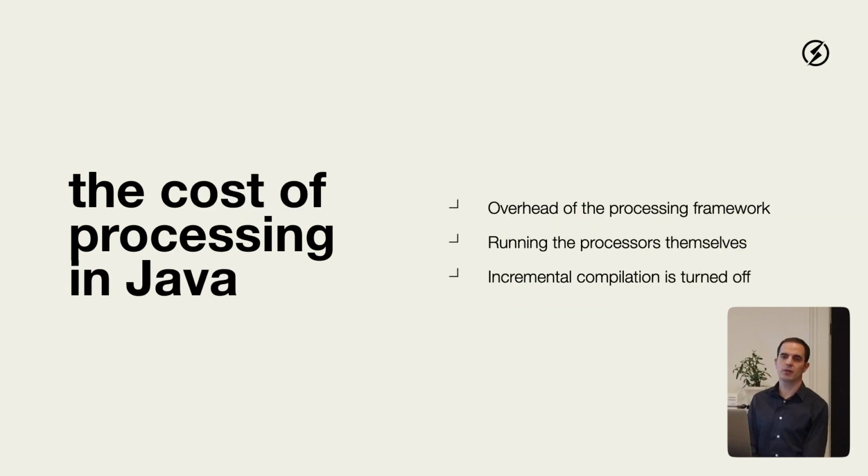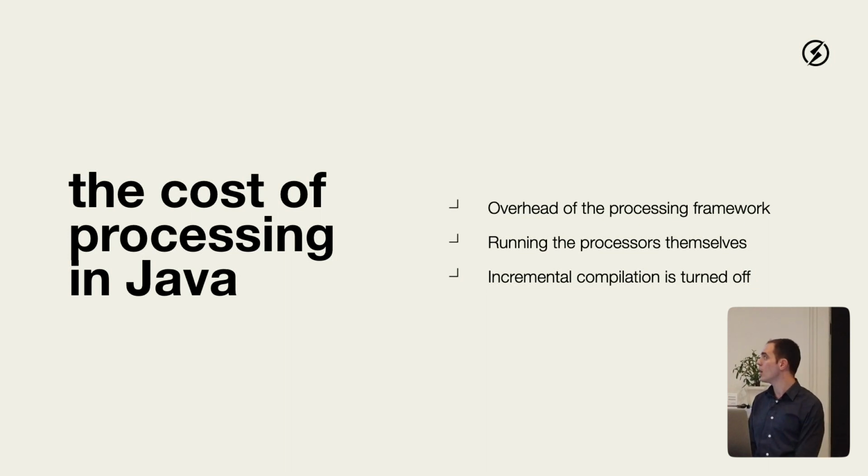Obviously, nothing is free. So annotation processing has a cost in terms of build time. And the first cost is the overhead of the processing framework. So the Java compiler has to discover the processors, initialize them, and then run the processing itself. So if you write code in the process method, obviously it has to be run. It's visiting all the structure of the code, it writes out files, it's an input operation, output operation, so that